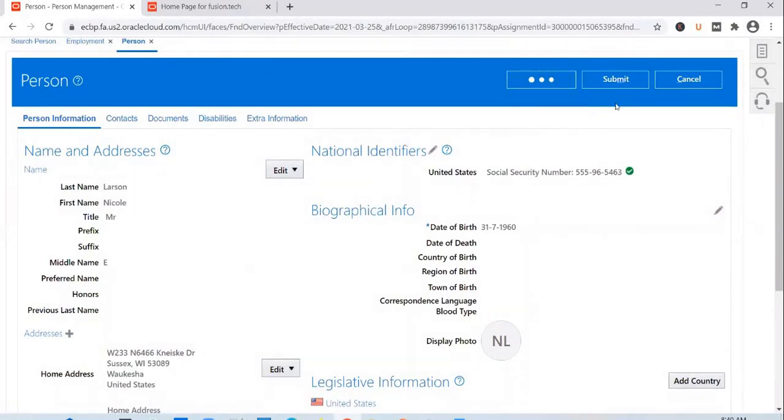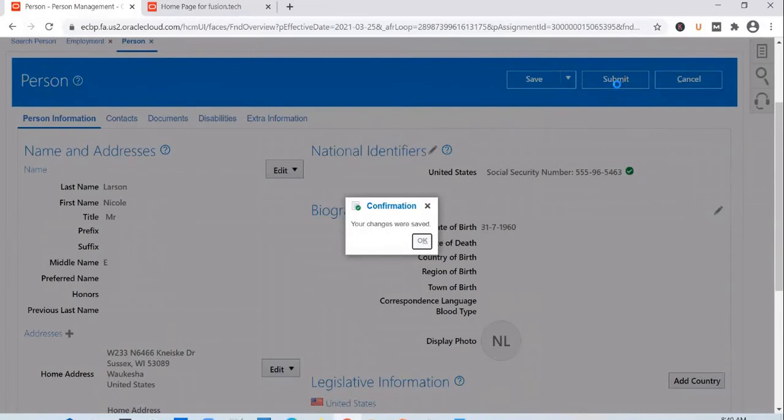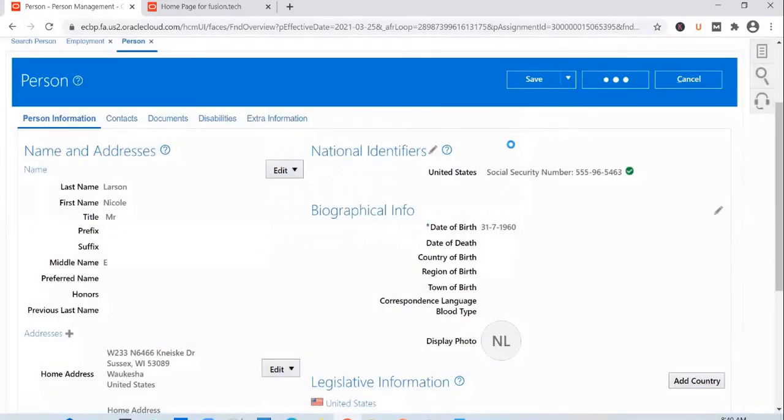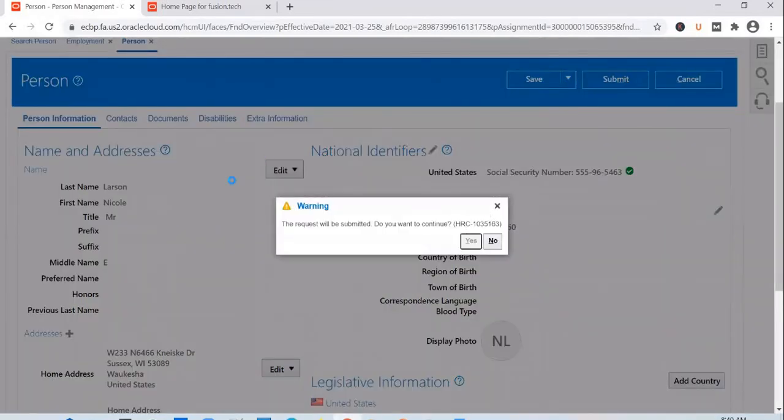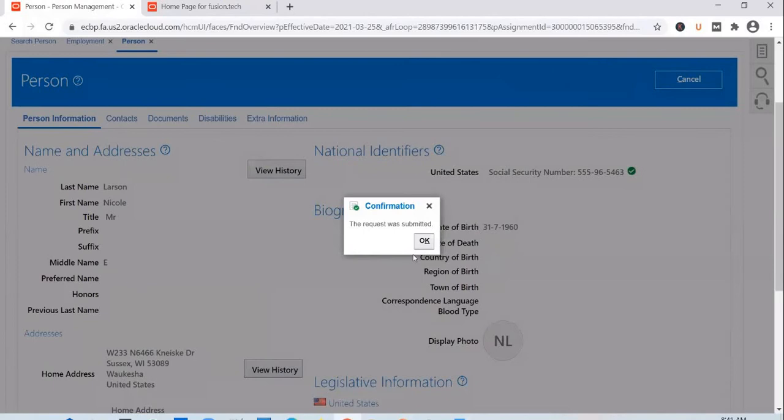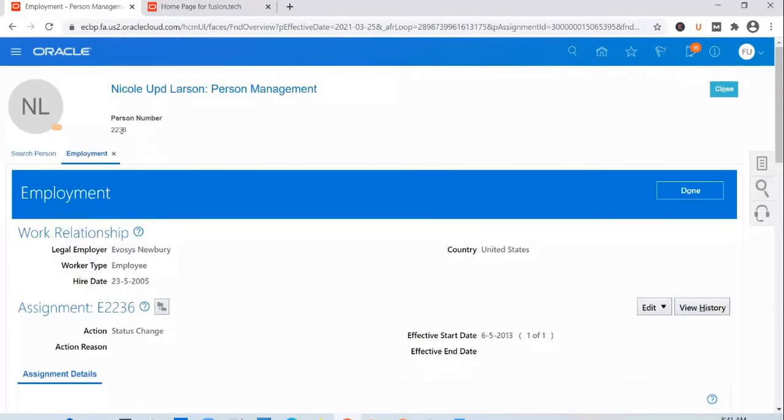Save and submit. A request was submitted, and we can validate whether the name is updated or not.